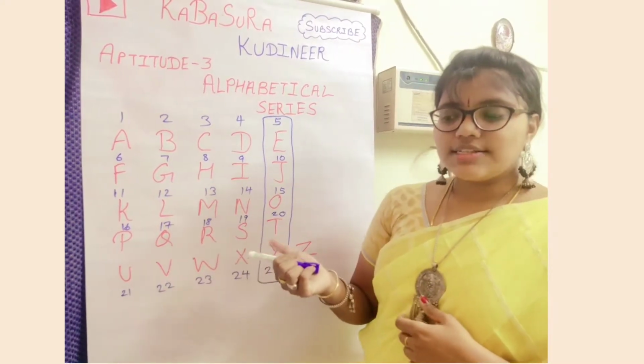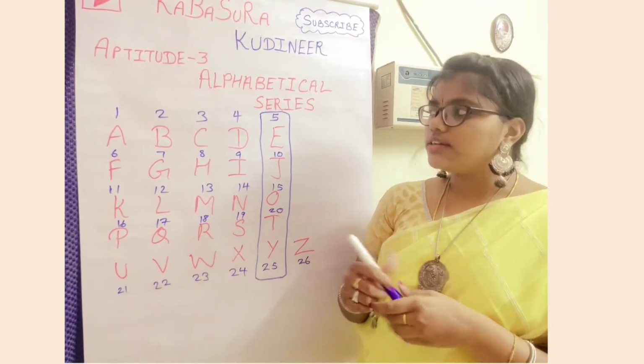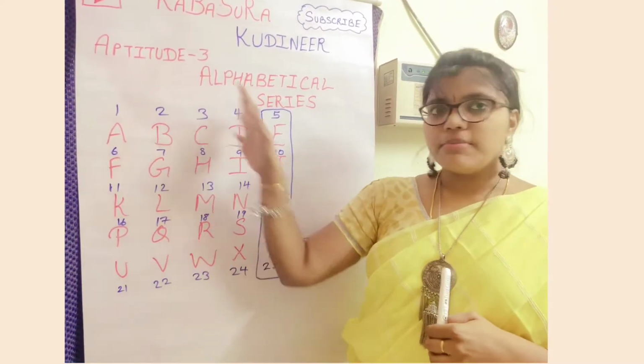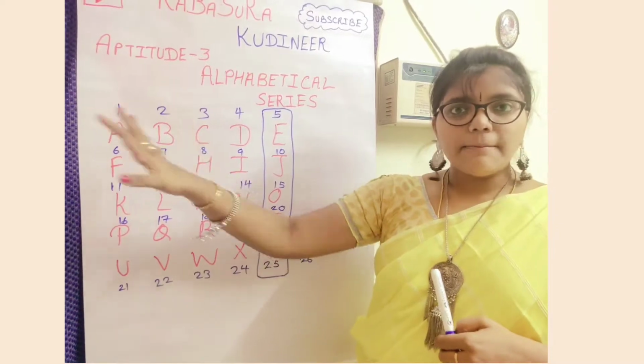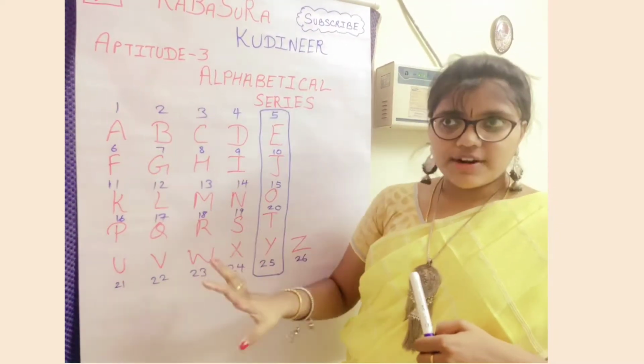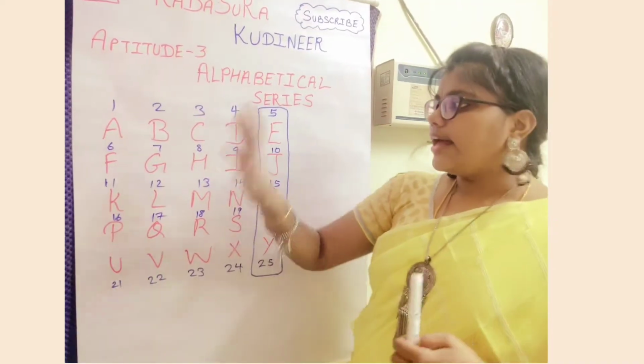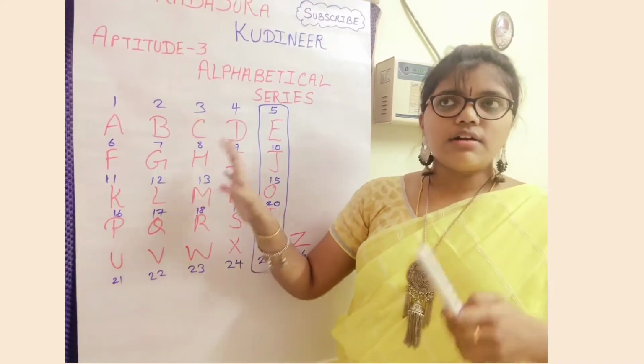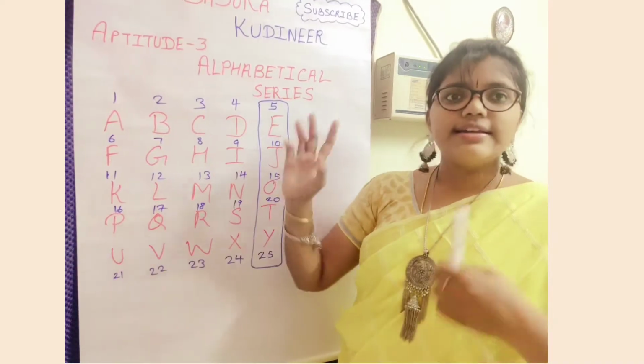The alphabetical series is not a complicated subject. It is just simply remembering the numbers of the alphabets. You first number all the alphabets from 1 to 26, and 26 to 1 in reverse, and memorize that. You should be able to tell, if I am asking what is the letter 12 or 13, that it is L or M.